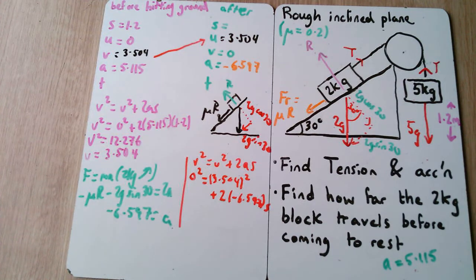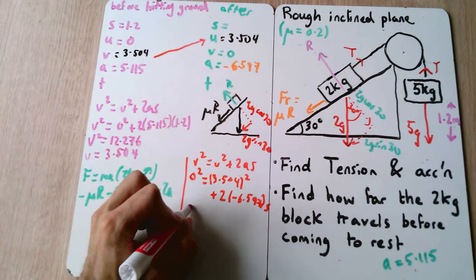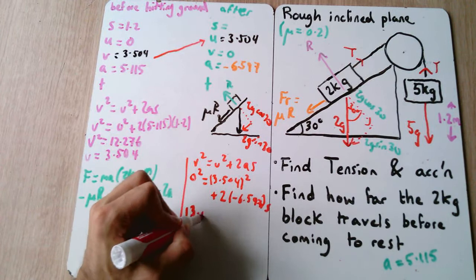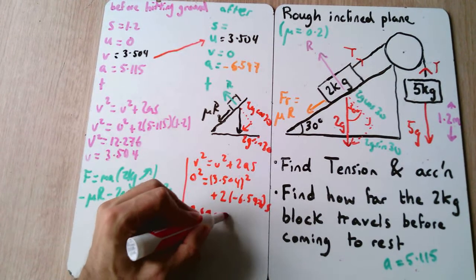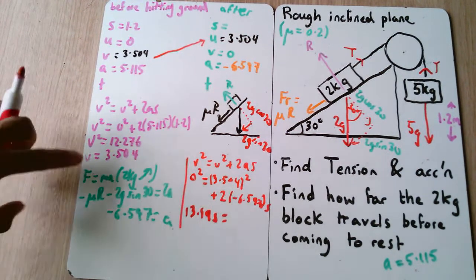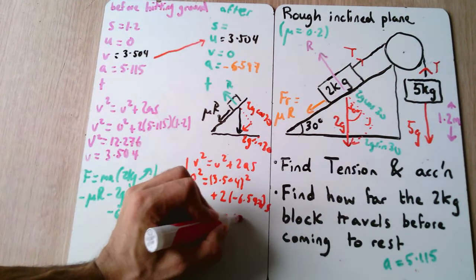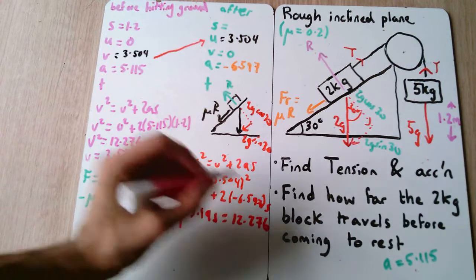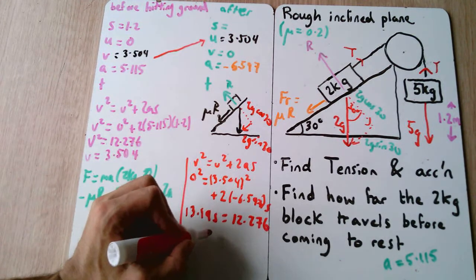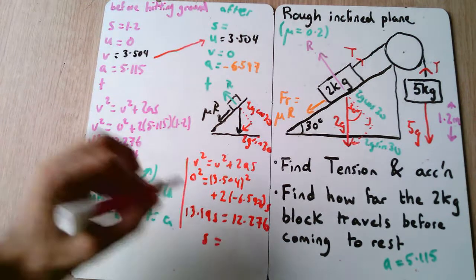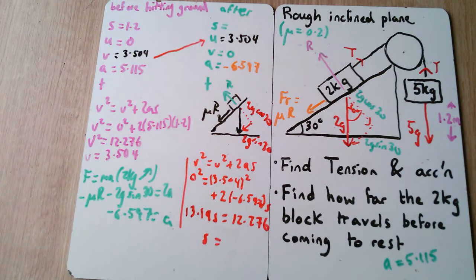That gives me a value of 13.19. So we're going to write over here 13.19s is equal to 3.504 squared. Well, if we look back over here, if we square this value, we get 12.276. So this is 12.276. And therefore, to finish off, we just need to divide the 12.276 by the 13.19. And if we do that,